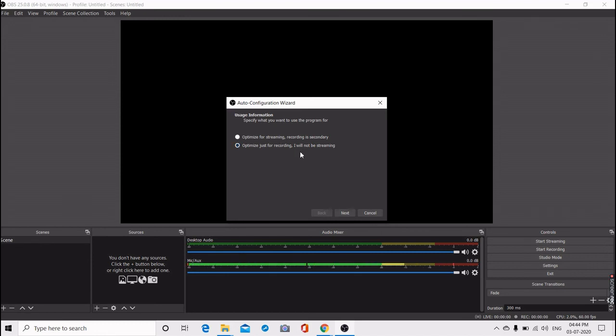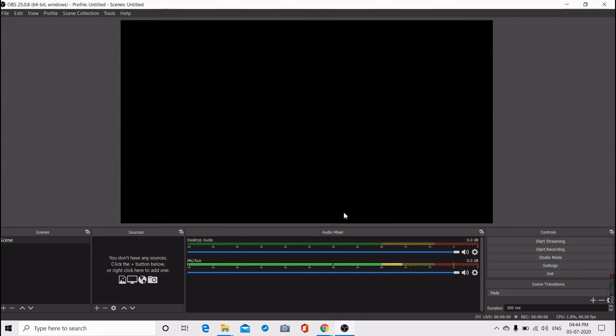We are selecting optimize just for recording, then click on next and apply settings, because for this session our primary purpose is recording, but you can use it for streaming also.